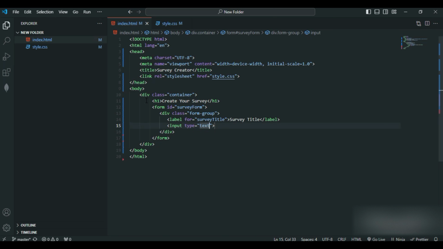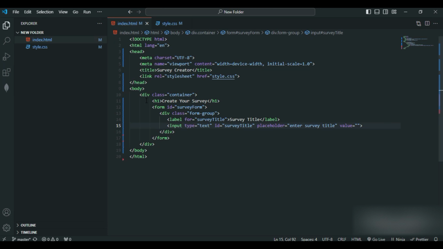Type will be text itself, and ID I'll give survey title. Also, I want to make use of placeholder. I'll give placeholder enter survey title. So this is going to be the placeholder, and let me make use of the value